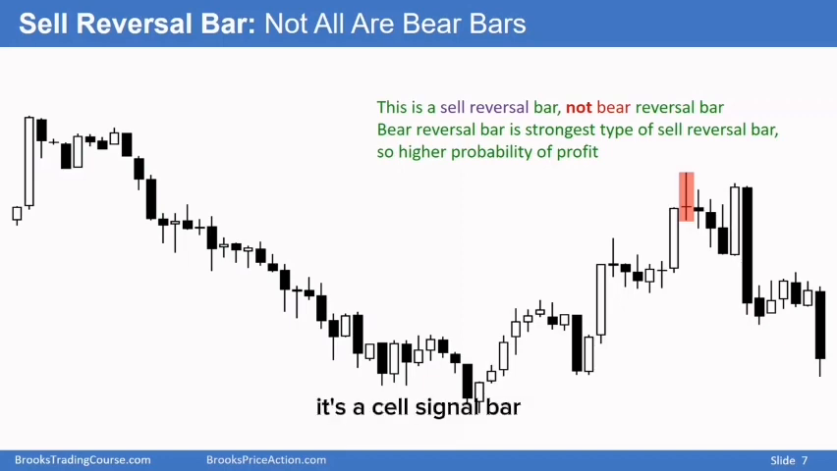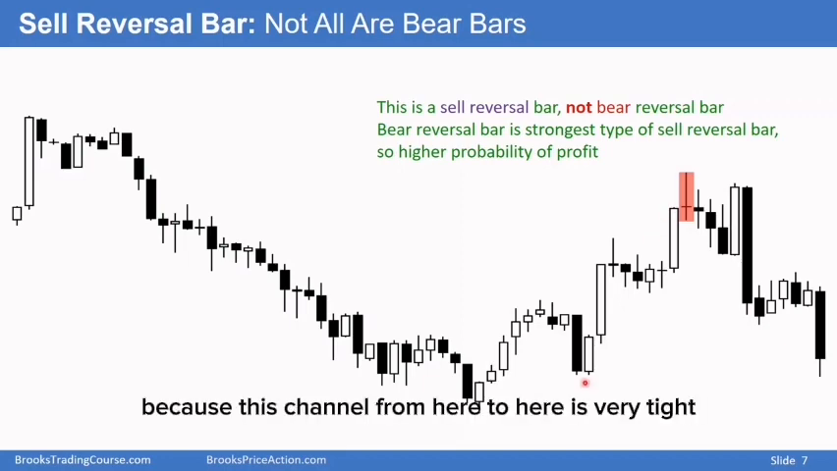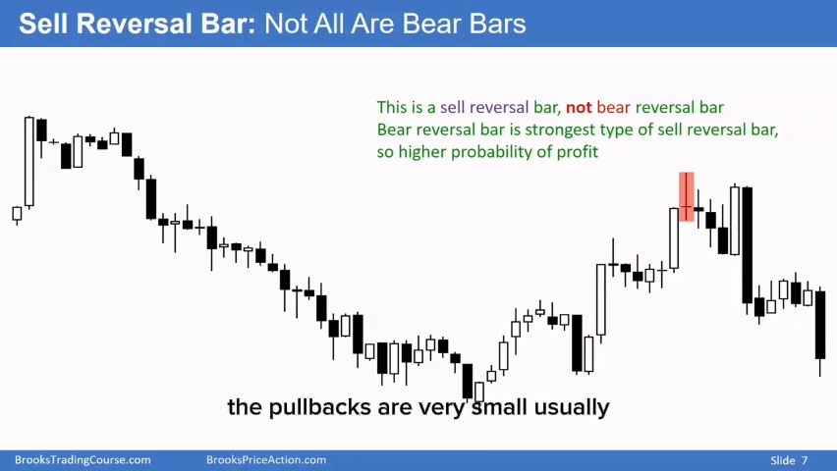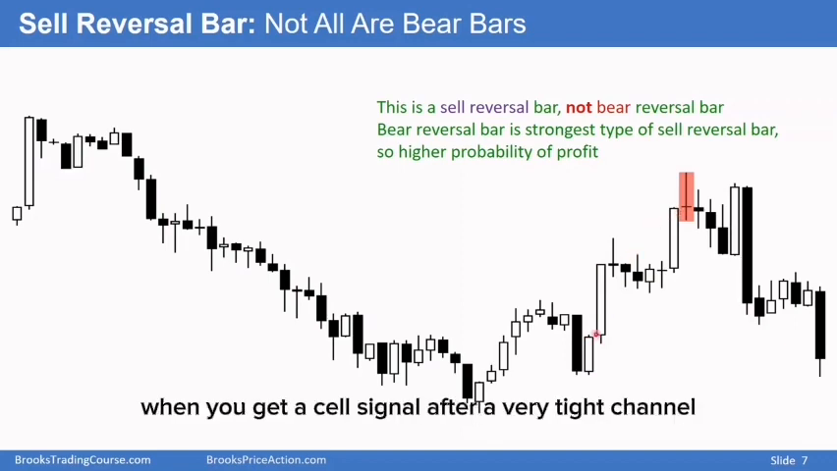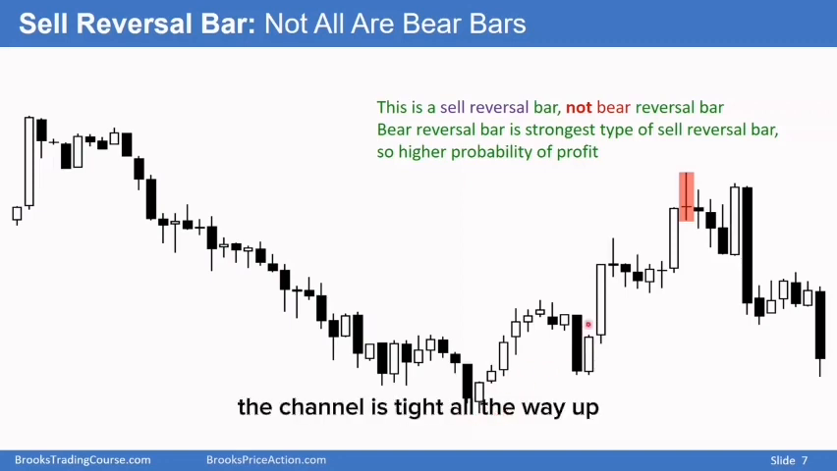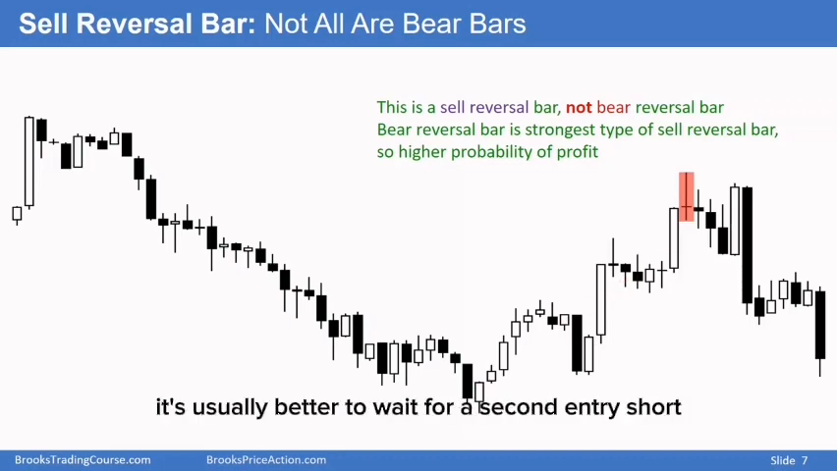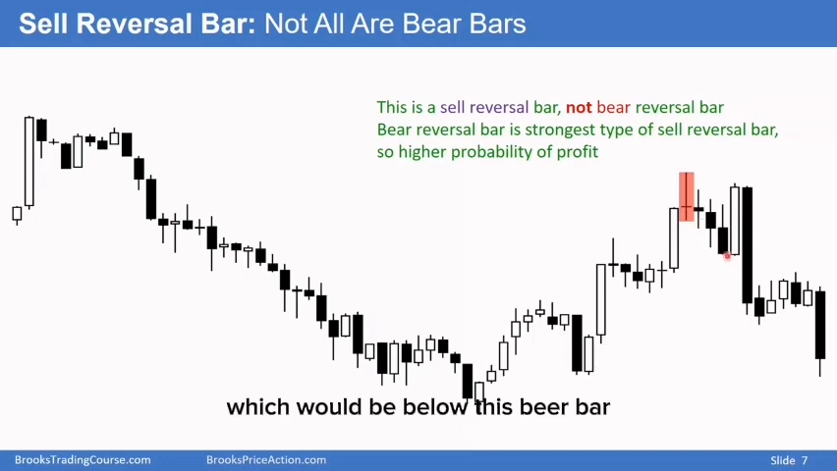It's a sell signal bar, not especially strong because this channel from here to here is very tight. The pullbacks are very small. Usually when you get a sell signal after a very tight channel, the channel is tight all the way up. Not much selling pressure. A lot of bull bars, not many bear bars. When that's the case, it's usually better to wait for a second entry short, which would be below this bear